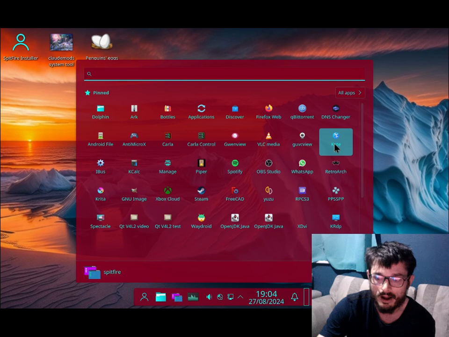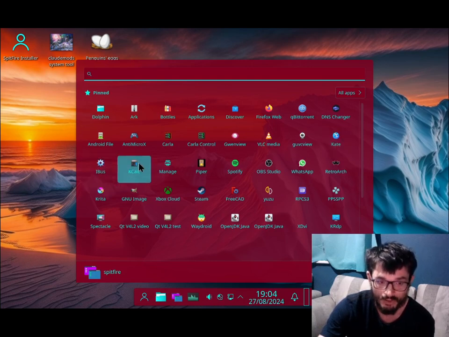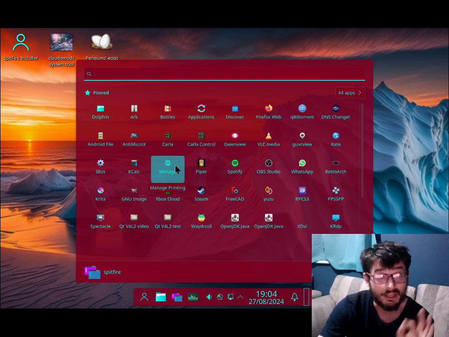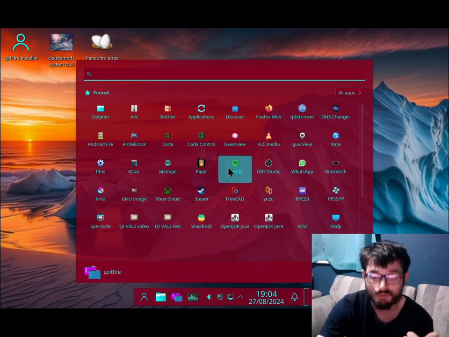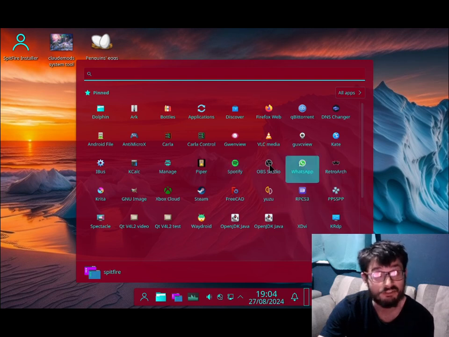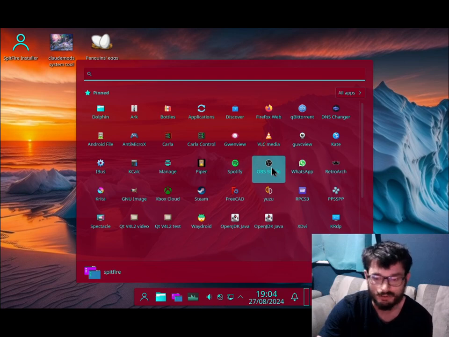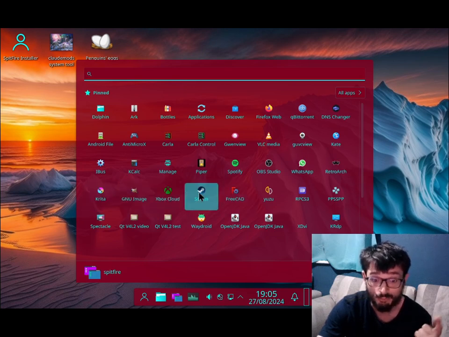We've got GUVC View is what I call it normally. Kate, we've got iBus. We've got K-Calculate, we've got Print Manager, we've got Piper, we've got Spotify, we've got OBS Studio, because I had enough of installing that every time I reloaded my system. We've got WhatsApp, we've got RetroArch, we've got Critter, we've got GIMP, we've got Xbox Gaming Cloud, we've got Steam,